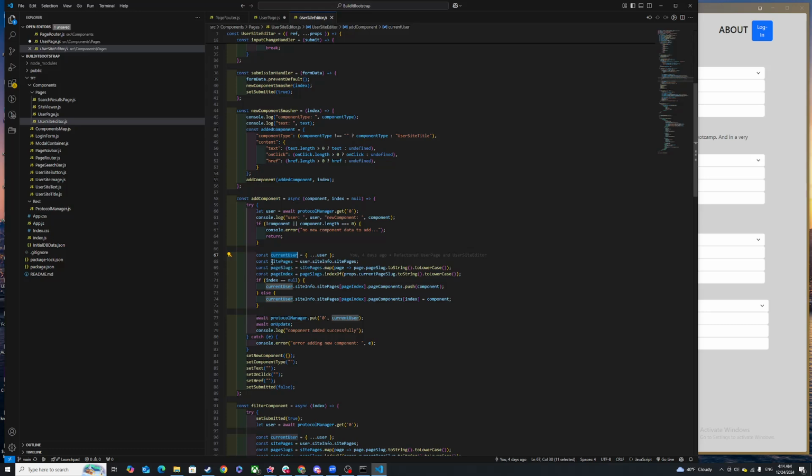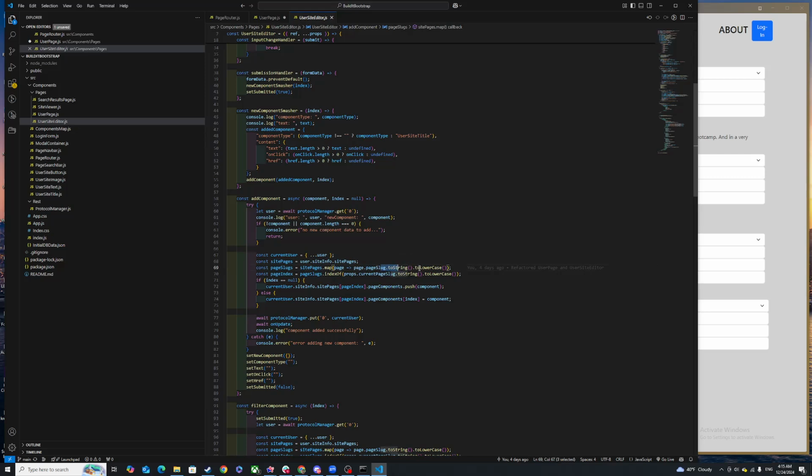We have site pages, which just follows down the line in the API until we get to site pages. Page slugs is sitepages.map. It's each of the page slugs that is within that site,